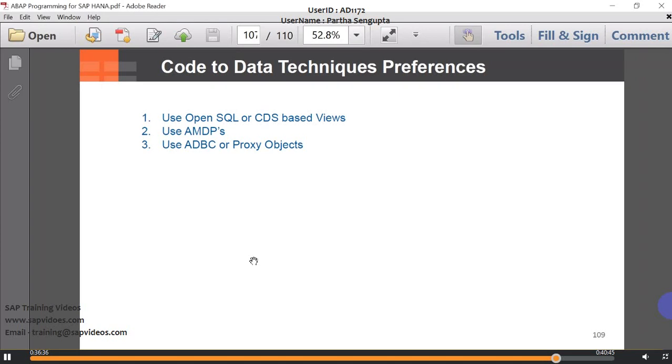The second thing was the use of AMDPs, which is possible above 7.4 and 5. So the first two methods, like CDS views, Open SQL, and AMDPs, which I have shown you in the last unit. AMDPs are ABAP Managed Database Procedures. So you will directly write your native SQL and push everything down to the database layer. That means the first two methods, code-to-data paradigms, are mainly for